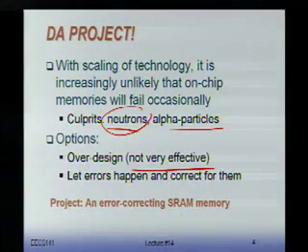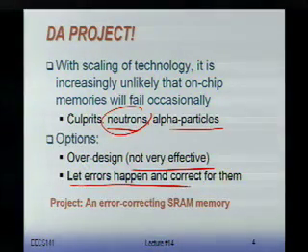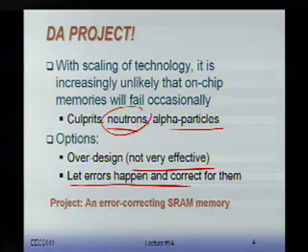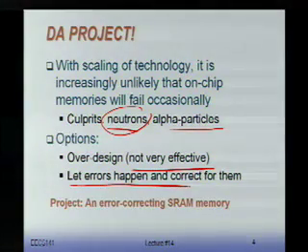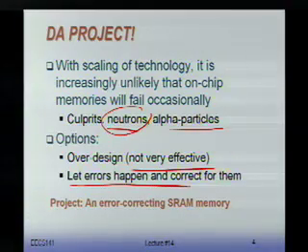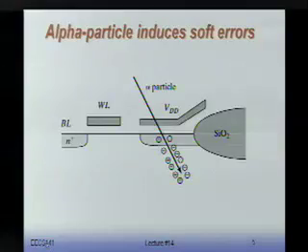The other option is to let errors happen. So okay, what the heck, right? Maybe once a day or once a week, a bit is going to flip. If we can detect that a bit is flipping and we can correct it, then we're fine. So we add some error correction to it, like we do in wireless communications. Why not do this on memories as well? So what we're going to talk about in this project is really an error-correcting SRAM memory. That's really what we're going to design. But before I go there, let me explain a little bit why